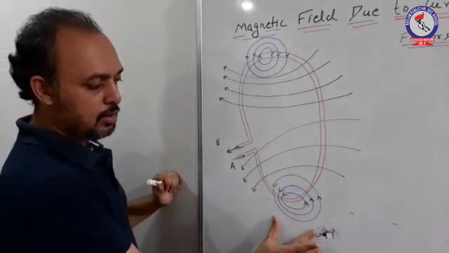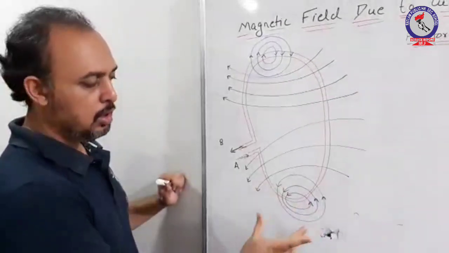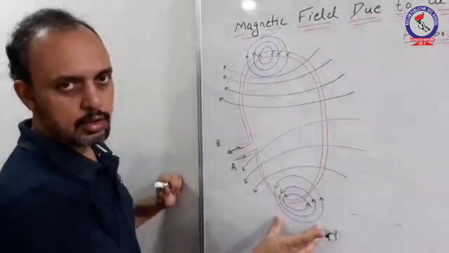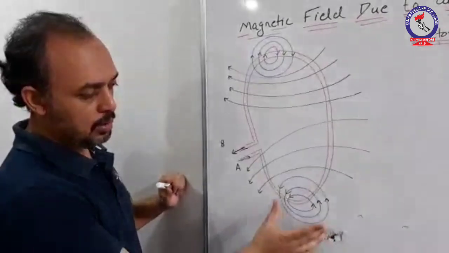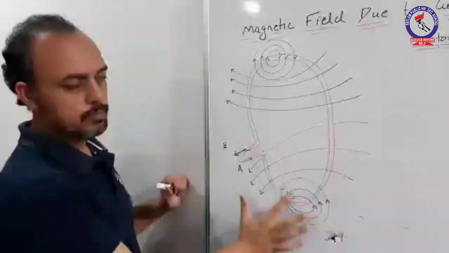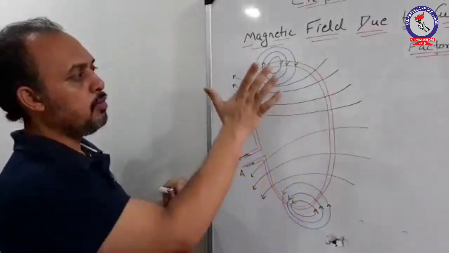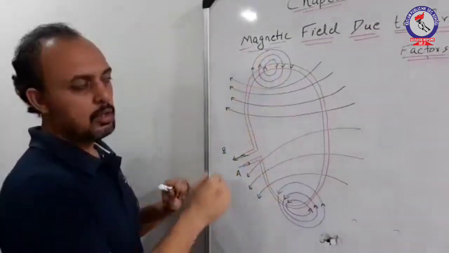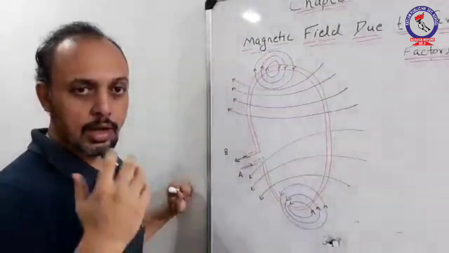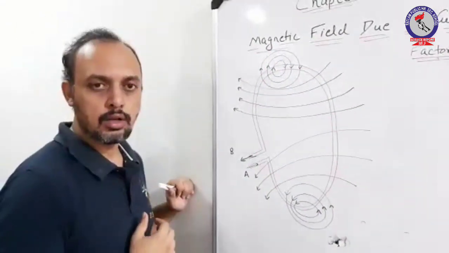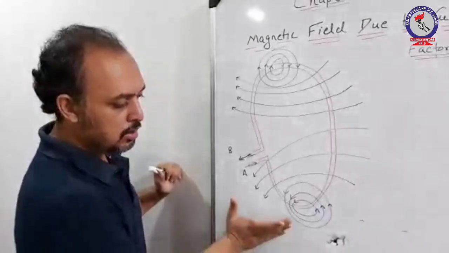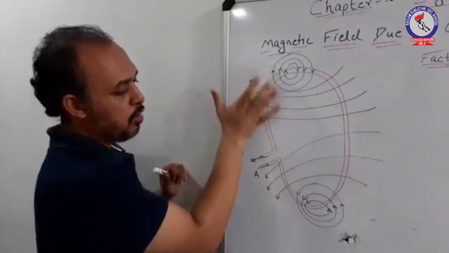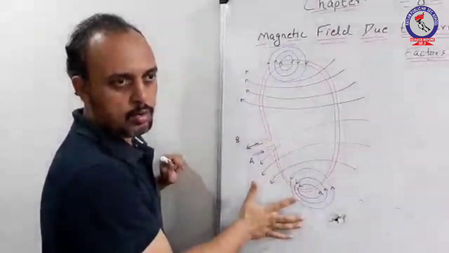you will observe that the lines of forces, as usual, are formed in concentric circles. As you can observe, it is in anti-clockwise direction. Similarly, if you observe the direction of lines of forces at the other end, the lines of forces are clockwise. Again, they are formed in the form of concentric circles. But these concentric circles are formed near the end of the circular coil.